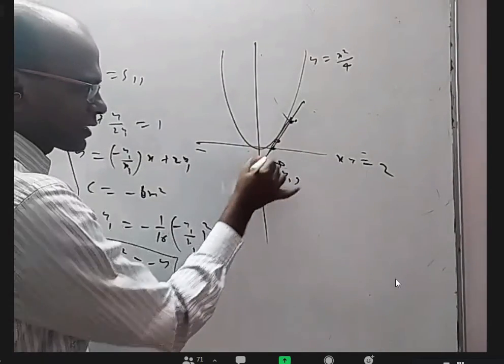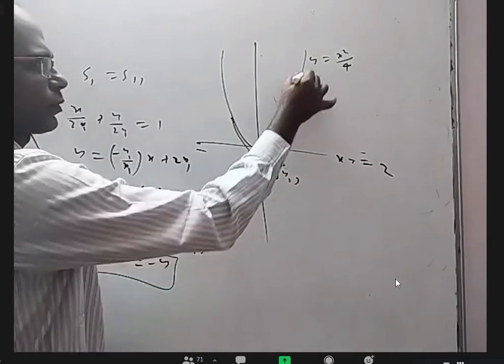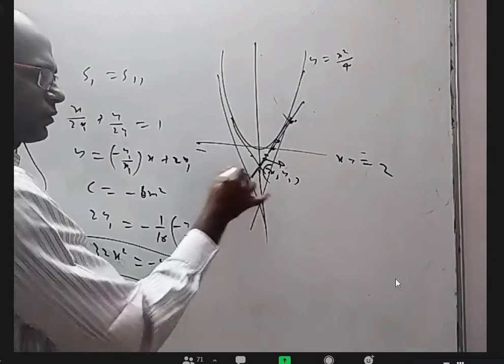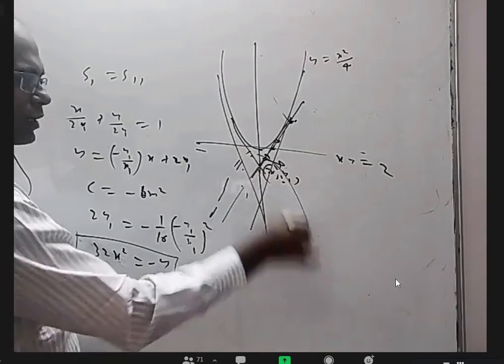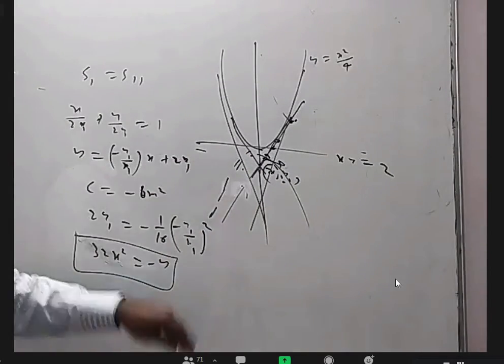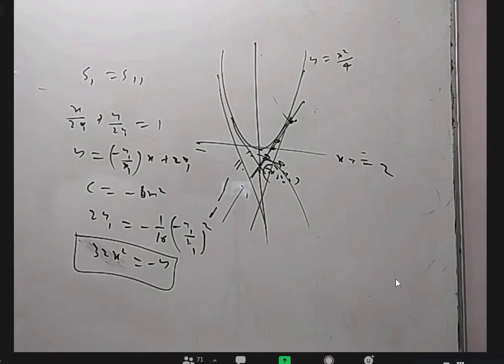But we take this tangent, find the midpoint. Take this tangent, find the midpoint. Take this tangent, find the midpoint. Take this tangent, find the midpoint. I am sure you are getting some curve like this. Definitely downward. So it is a parabola whose axis is the y-axis, and that too downward.